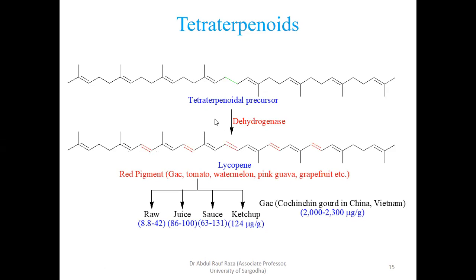The more conjugated the system, the smaller the energy gap between HOMO and LUMO. Because there are 11 double bonds in conjugation, this energy gap between HOMO and LUMO shall be very small. Normally 6 or 7 double bonds in an acyclic conjugated system show you color. So here there are 11.